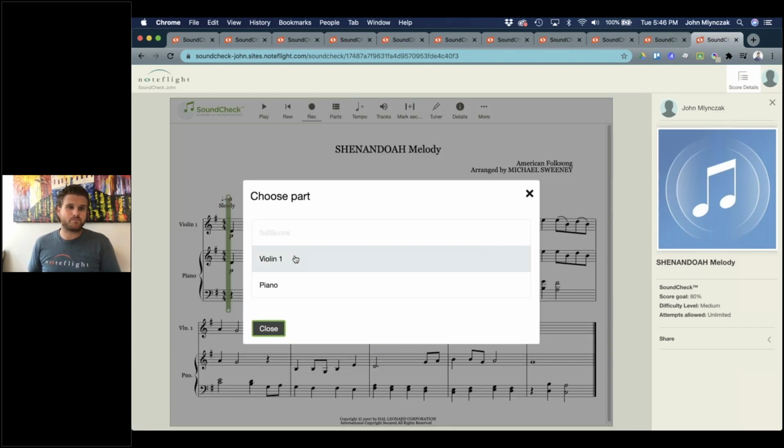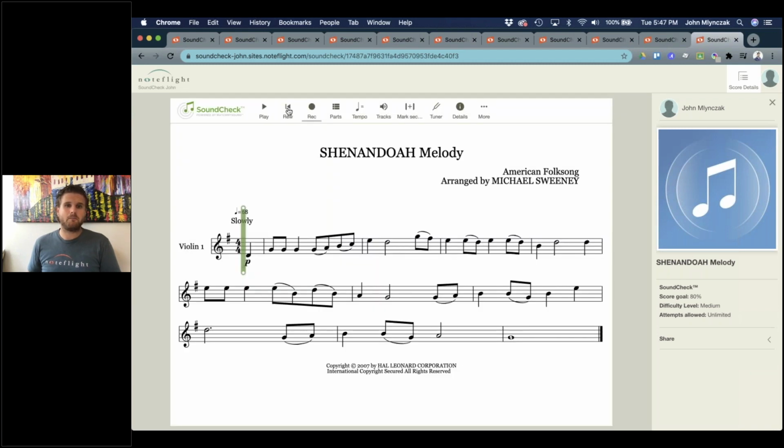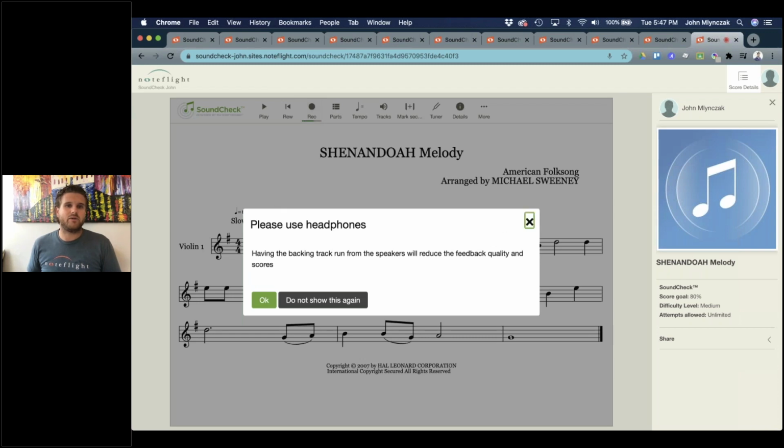But I can go in, of course, select my part, and now I can go play this. And if I wanted this part, actually, I would go back and reformat the part in Noteflight and regenerate Soundcheck because I like formatting a lot. But I can go in and record my assessment on this melody, and I can even, in this case,